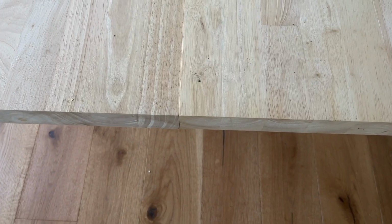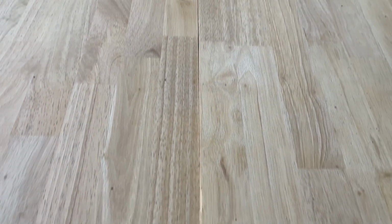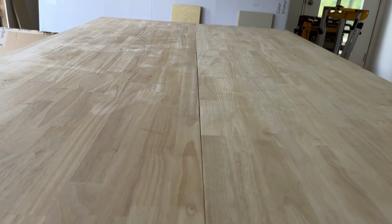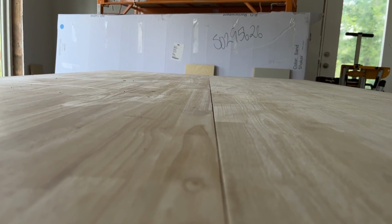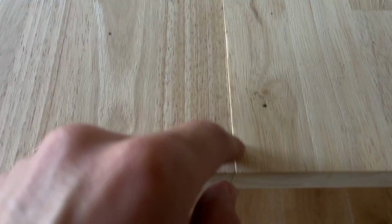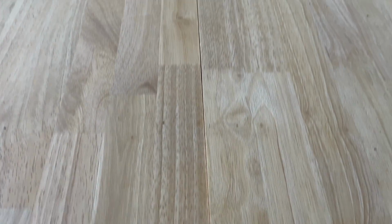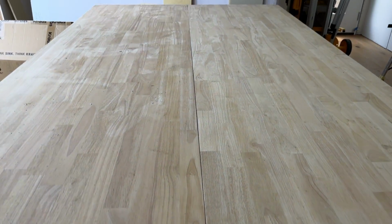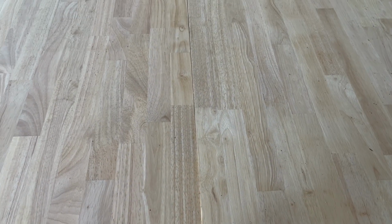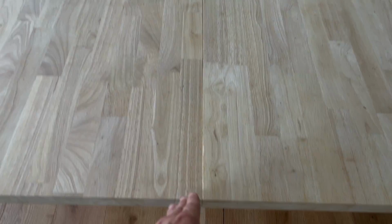So the issue you run into when trying to glue these together is that the edges aren't perfectly straight. You can see there's a pretty decent gap in the middle and they're touching on the ends. So I found a pretty good trick to fix this issue, and basically all you do is you set up